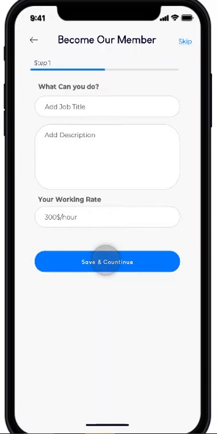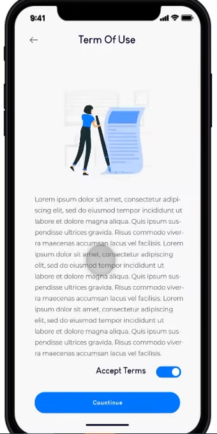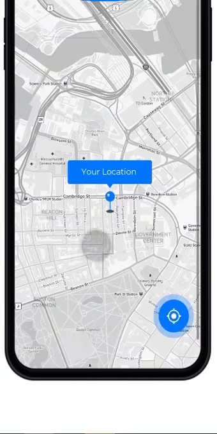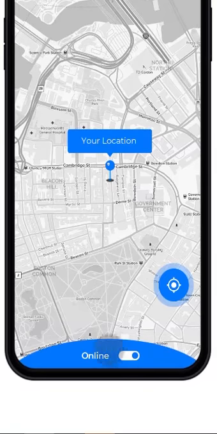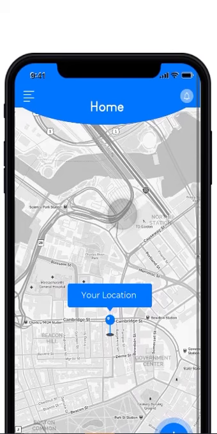have listed. Once they complete their profile, we'll ask for the basic details, such as the license number or qualifications of that particular provider, so that the admin can verify the provider and they can provide their services on the system. Once they are available on the system, they can make themselves available online so that they can get requests from different users.